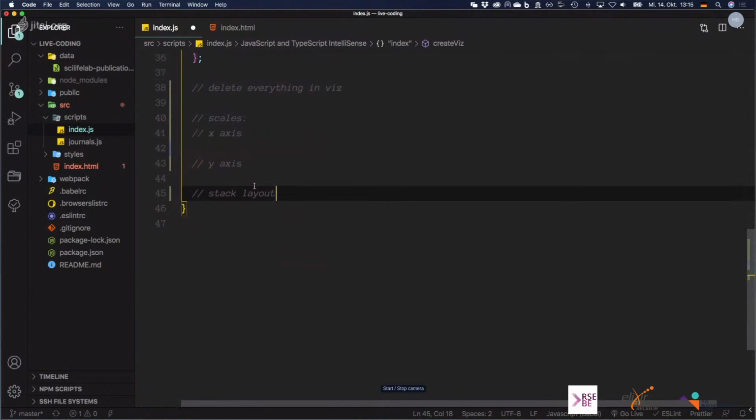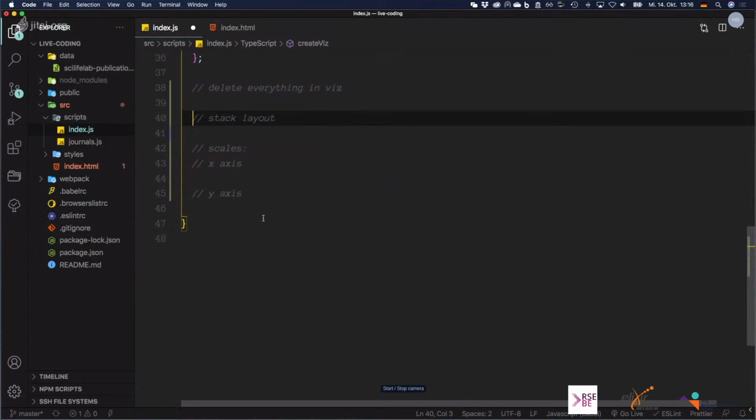And maybe it's here also a good idea to just show you how that's working. If we build the stack layout here at the beginning already, then it's maybe a little bit easier to imagine what the scales really do. And after we have done that, we need a so-called path generator, because everything D3 actually does is generating